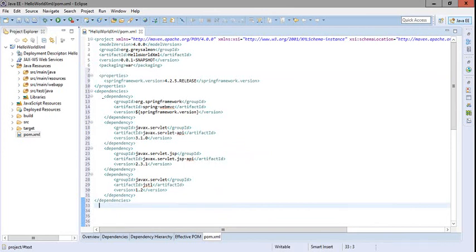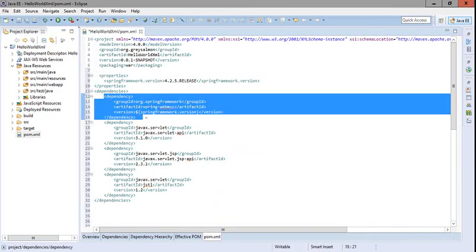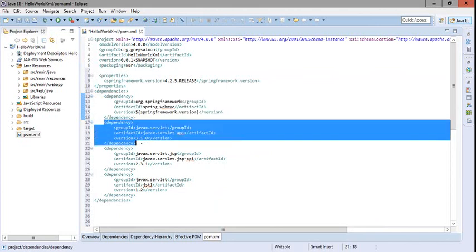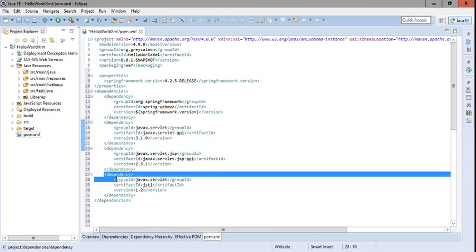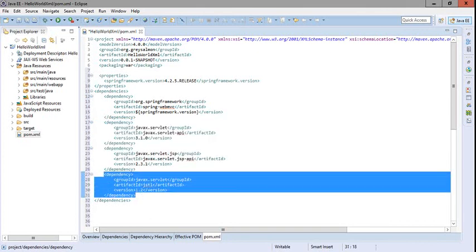So I am downloading only one dependency. I have only specified the Spring MVC. All the necessary jar files which are necessary to create your Spring MVC application will automatically be downloaded into your class path. So your machine should be connected to the internet while creating the project using Maven. So these are the servlet dependencies, servlet.jsp and servlet, and this is the JSTL, so that you can use the JSTL tags in your Spring.